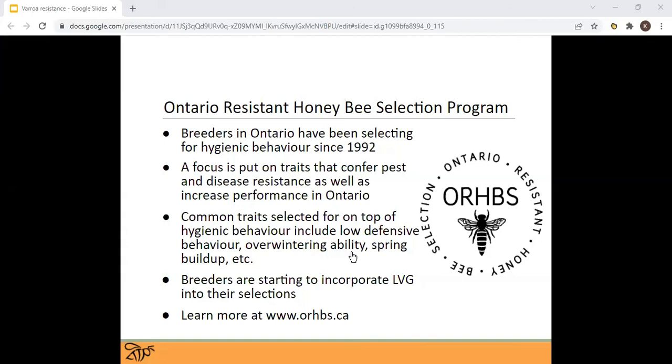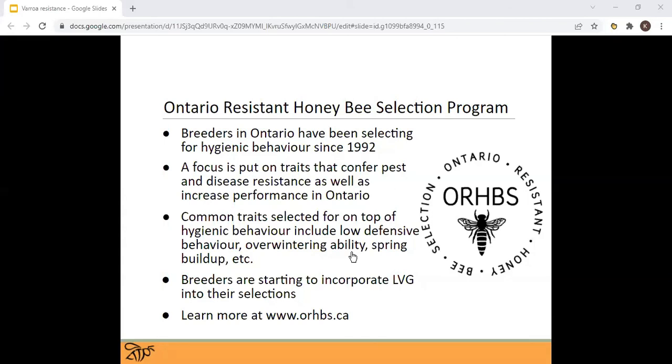I mentioned that Tech Transfer does a lot of hygienic testing, and it is for ORBS breeders that we offer this. They put a strong focus on hygienic behavior, as well as some other critical traits that they select for depending on their personal goals. Not every ORBS breeder has the same goals overall. Some will prefer honey production over low defensive behavior. Some will prefer spring buildup, so there's diversity and variability there,